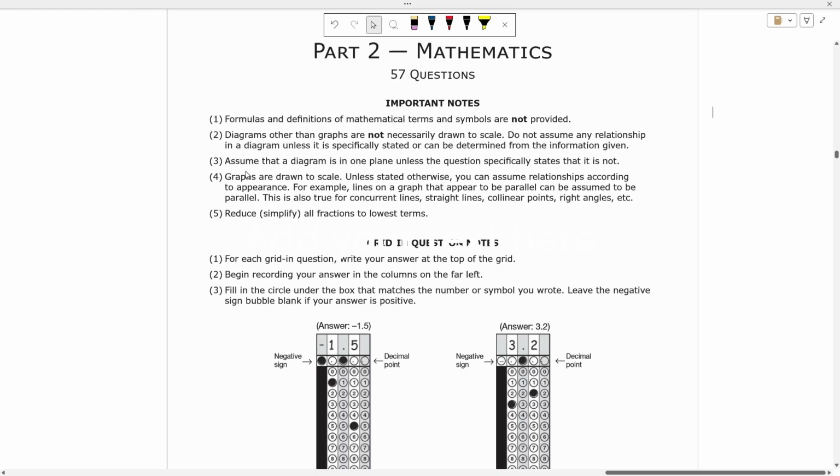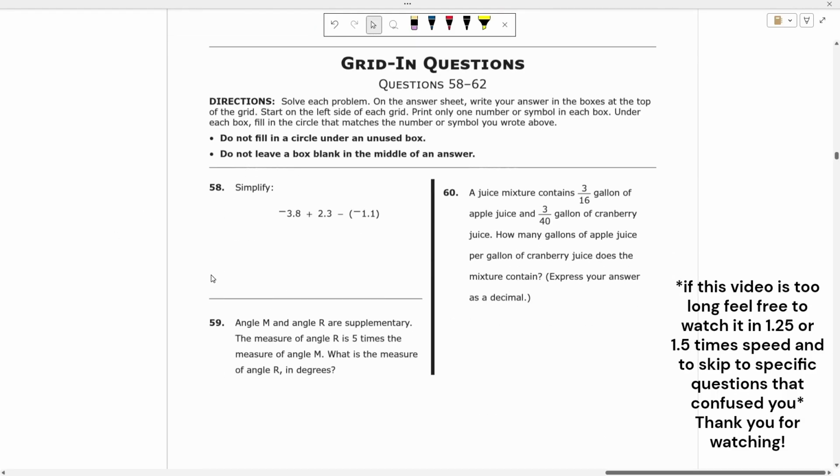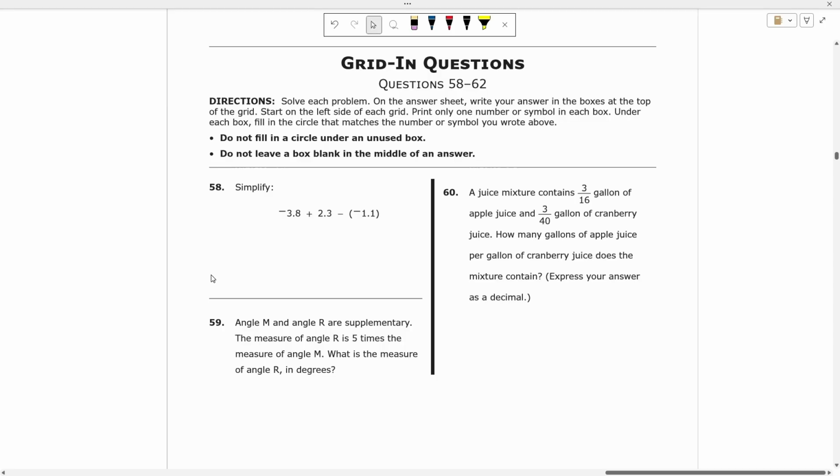Hello everyone, today we're going to be going over the entire math section from an official SHSAT practice test. Today's test is from the 2024 to 2025 SHSAT Student Handbook, so it's the same people that make the Specialized High Schools test. They also make practice tests for us to study with. This is one of them. The link to that is going to be in the description of this video, and we're going to start off